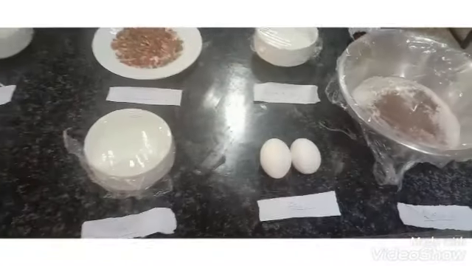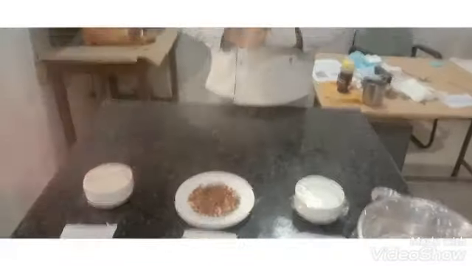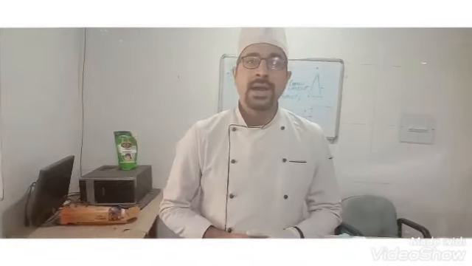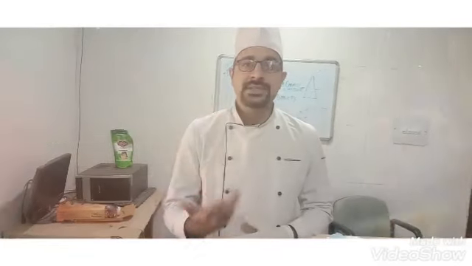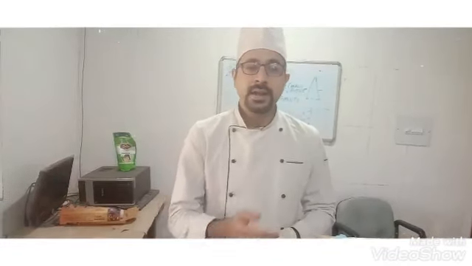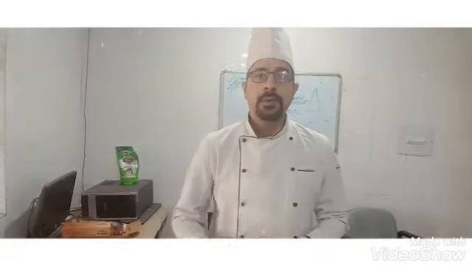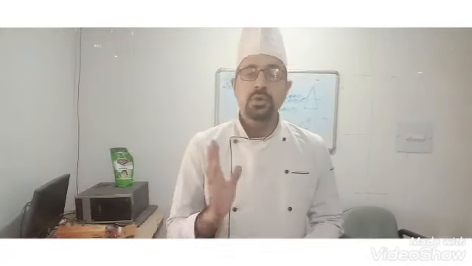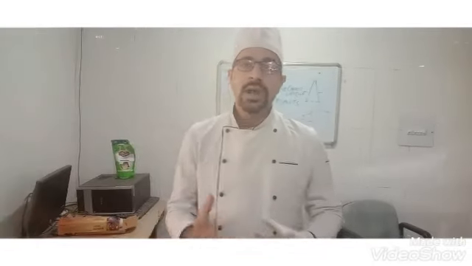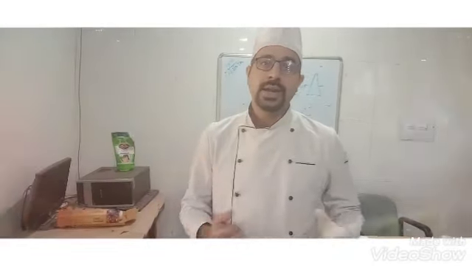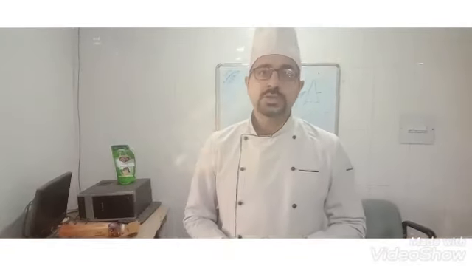So now we are going to teach you the first method for making a chocolate sponge cake. Firstly, we use the butter and sugar for creaming purpose. After that, we add the egg into it, mix it properly, and get the extracted flavor. In the last, we will add the refined flour in measured quantity, and after that it will get sieved properly, and after mixing it will give the batter consistency. For making the batter, we will use the milk for consistency, and it will give additional taste. Milk also gives softness.